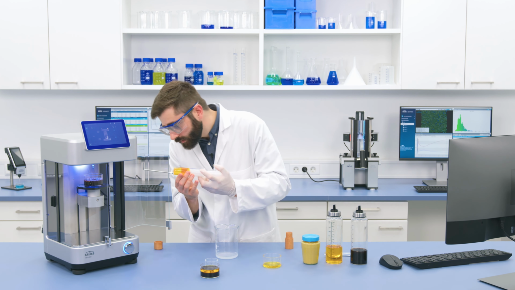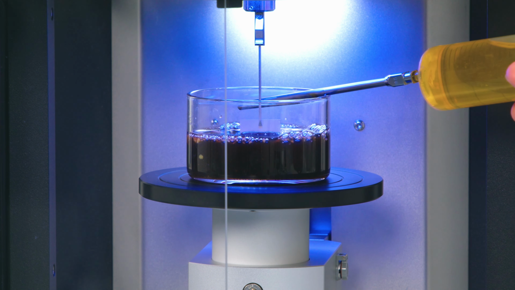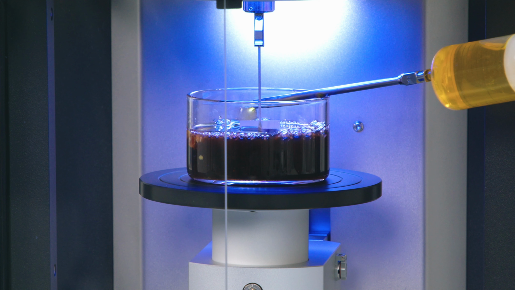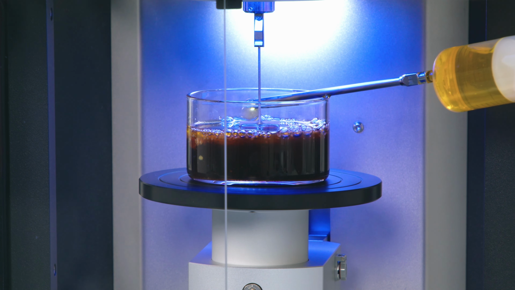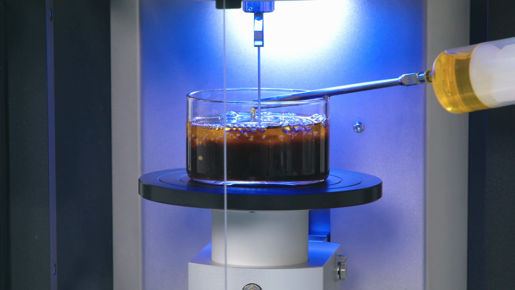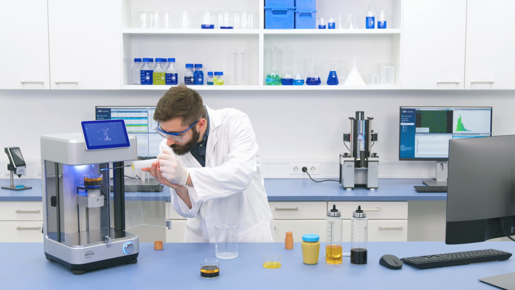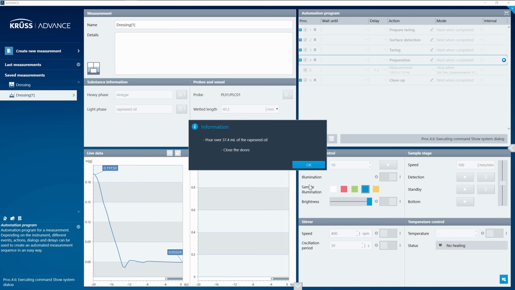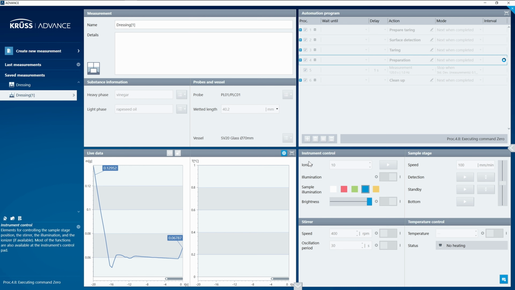Just very carefully come into the back of the glass with your syringe and just lay the oil on top of the vinegar. Okay. Close the door. And for the last time, we can press OK in the software. And now the plate is sitting at the interface and Tensio can continue measuring the interfacial tension.